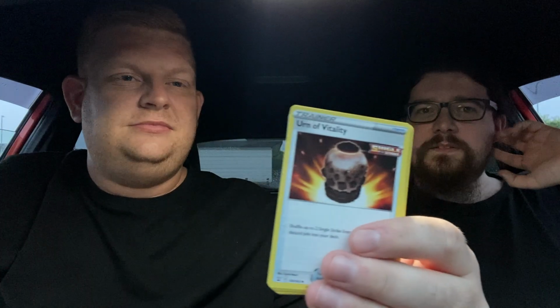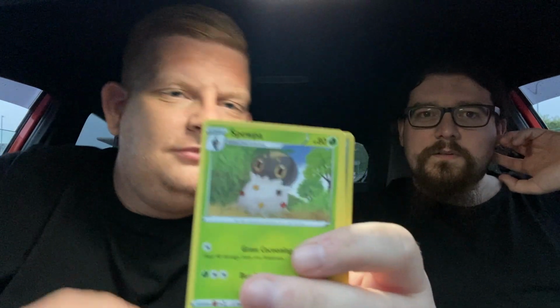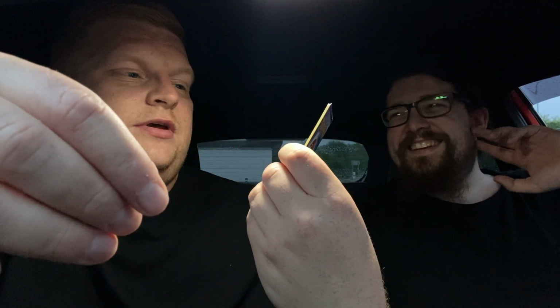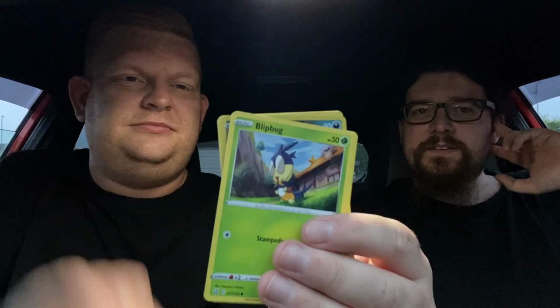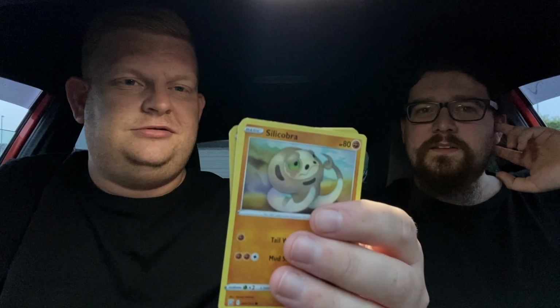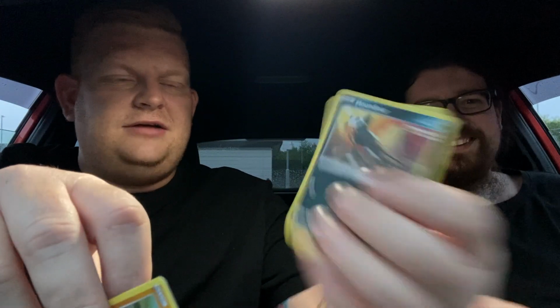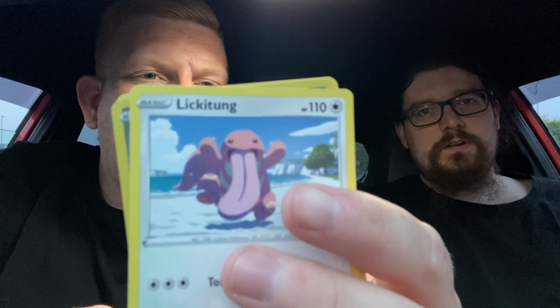Buffalant, Urn of Vitality. I can't read these backwards. Spupa. Do you not recognise them? Some of them I don't know. Esper. Blipbug. I know that one. That's from Sword and Shield. Sandaconda. Silicobra. Oh no! Houndour. Lickitung. I can't read them backwards. And I don't know the card arts, so it's not like I can just...